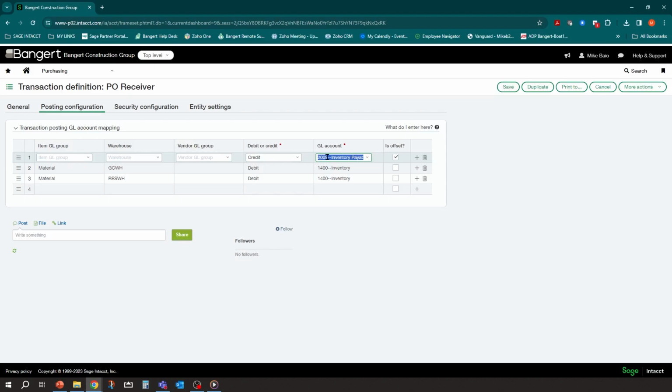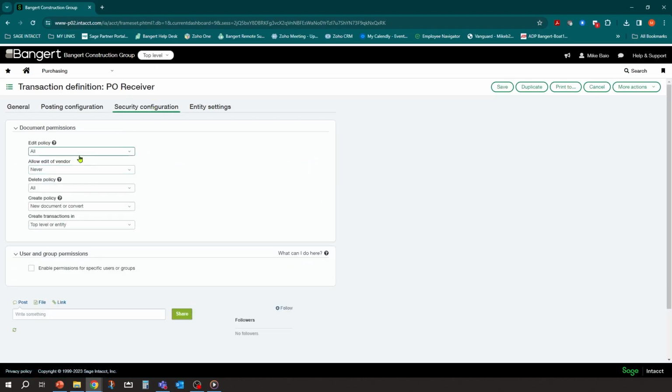Okay. And in this scenario, it's not accounts payable yet because I don't have a vendor invoice in this definition. So we're going to set up some other account, inventory unbilled, or in this case, we have an account set up called inventory payable, which means, hey, this is a payable, it's coming. We just haven't gotten the bill yet on it. So we're going to put it into an inventory payable account in this scenario. And where we define what book it goes to happens in the configuration setup, which we'll take a look at afterwards at the end.